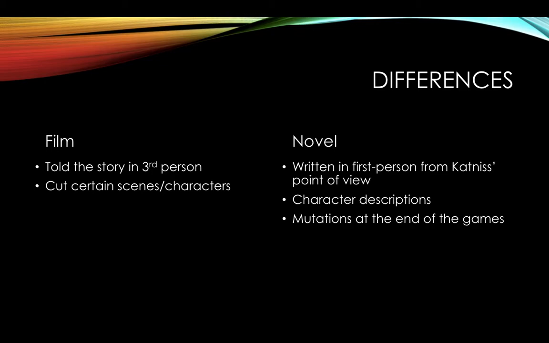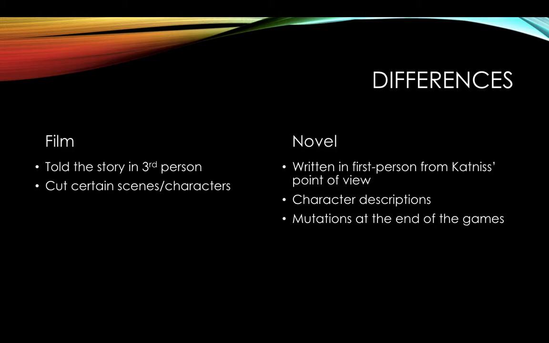The next thing I'm going to talk about are the character descriptions. So in the novel, Suzanne Collins wrote that Katniss had olive skin with dark, dark brown hair and gray eyes. Whereas in the film, for whatever reason, Jennifer Lawrence, who plays Katniss, had medium to dark brown hair with pale skin and green eyes. In my opinion, I feel that the filmmakers could have done a better job of really grabbing Suzanne's vision of Katniss and putting that into Jennifer Lawrence. But overall, I think the actor did a marvelous job of becoming her, regardless of the characteristics.